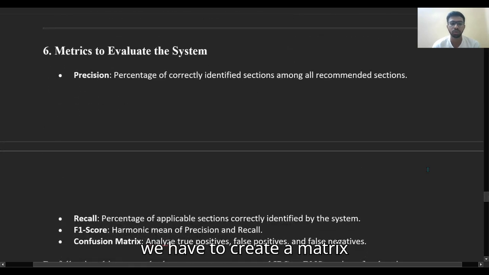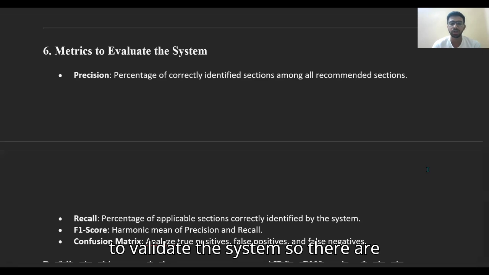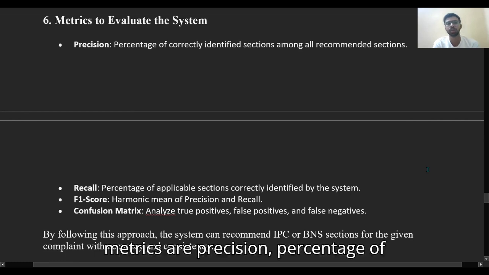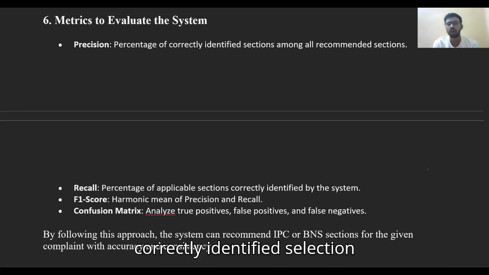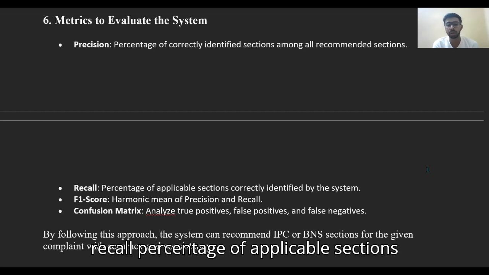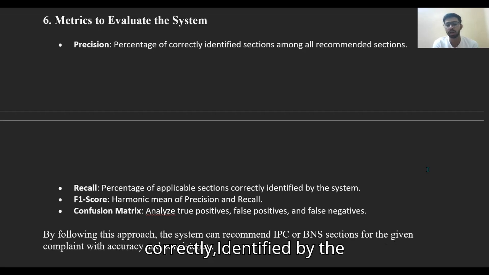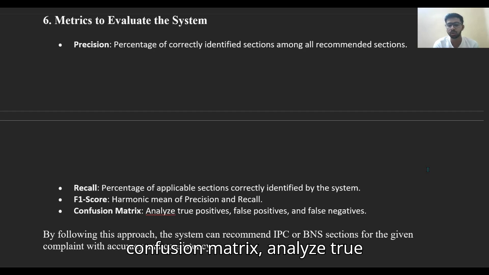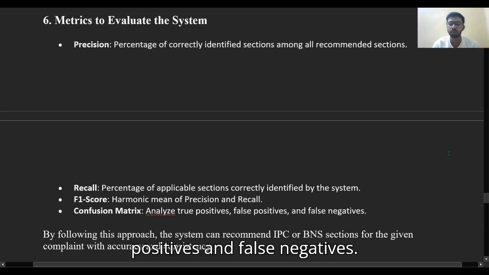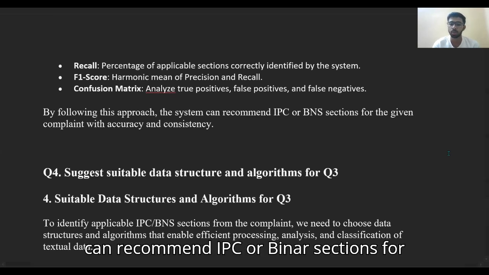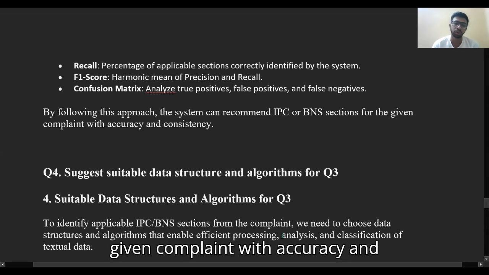Next, we have to create metrics to validate the system. Some of the metrics are: precision, the percentage of correctly identified sections among all the recommended sections; recall, the percentage of applicable sections correctly identified by the system; F1 score, the harmonic mean of precision and recall; and confusion matrix, to analyze true positives, false positives, and false negatives. By following these approaches, the system can recommend IPC or BNS sections for the given complaint with accuracy and